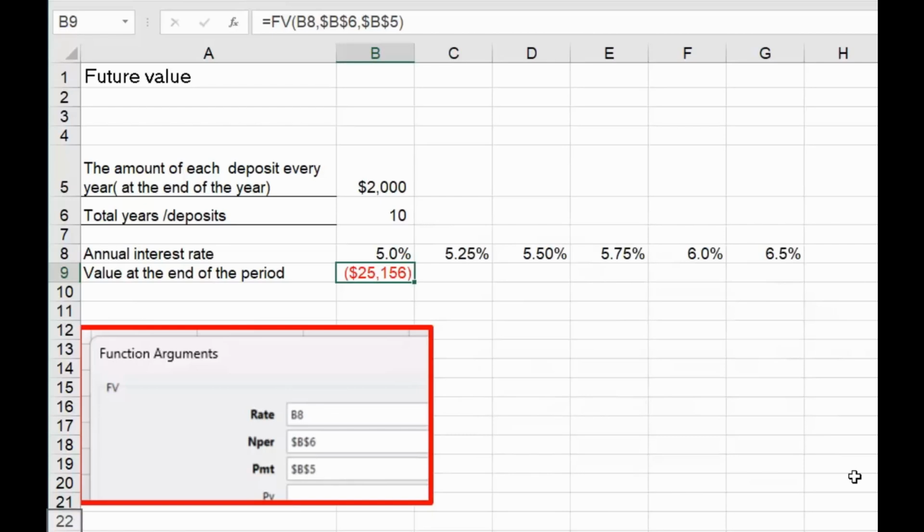Our future value says that for 10 equal payments of $2,000, which would be obviously $20,000, at 5% interest constant over the next 10 years, that value would be $25,156. And because we used the absolute value, when I drag my autofill,